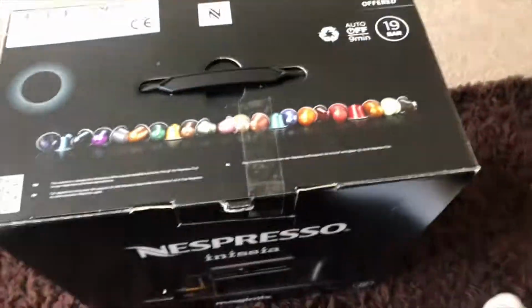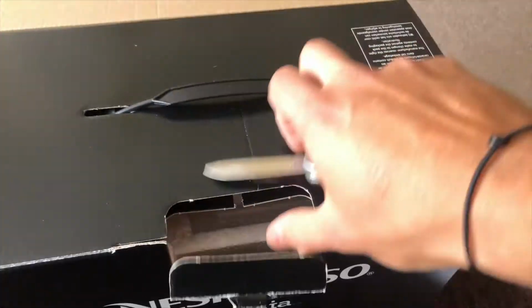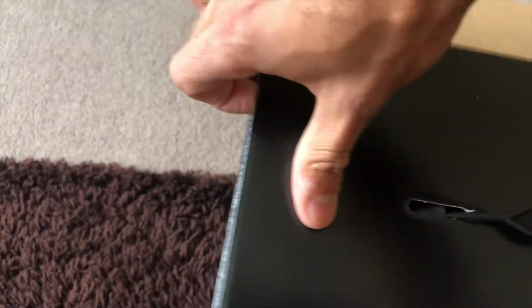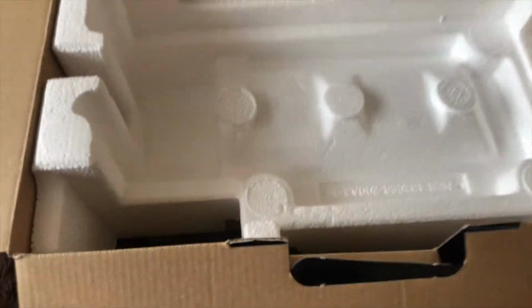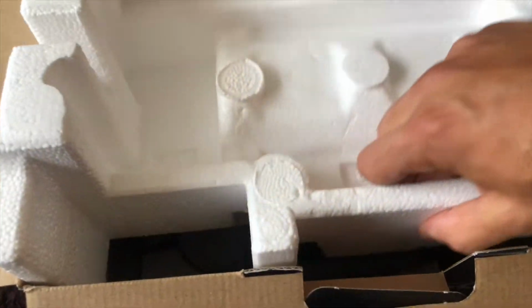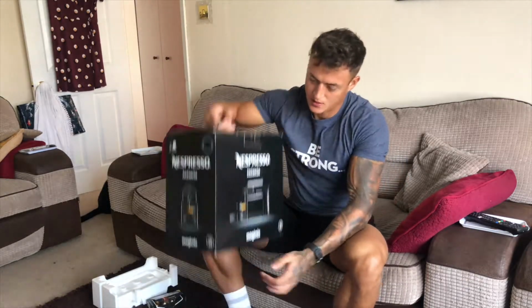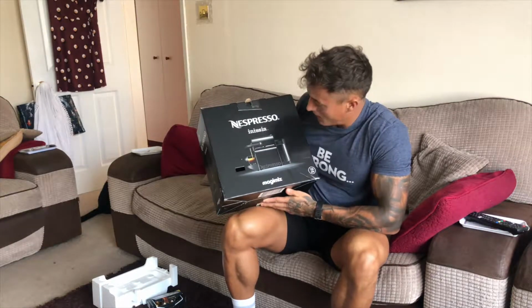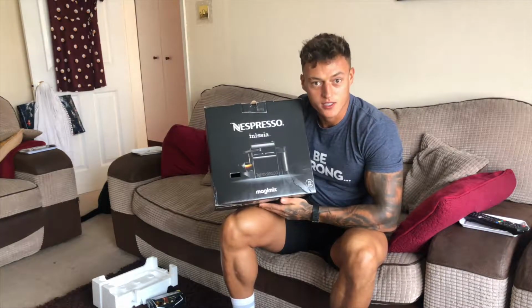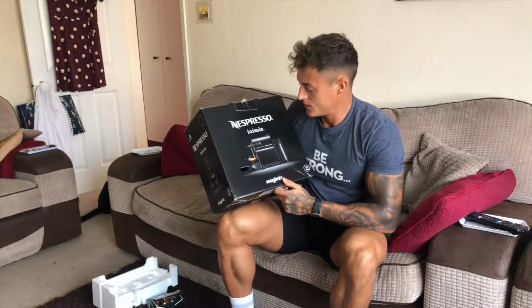Well, what have we here? Ooh. What's happening, peeps? Today's a good day. New coffee machine. I love coffee. I drink it all the time, especially in the morning. Can't go without coffee. So I bought one of these